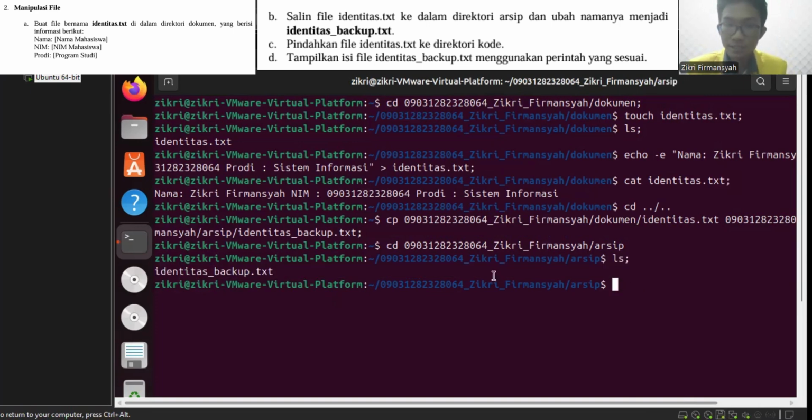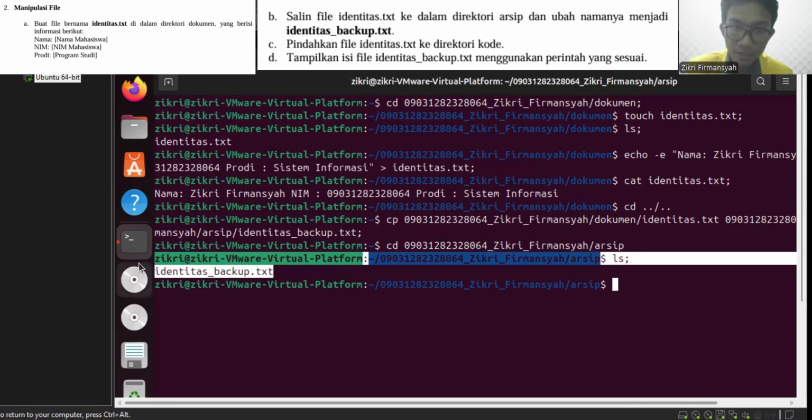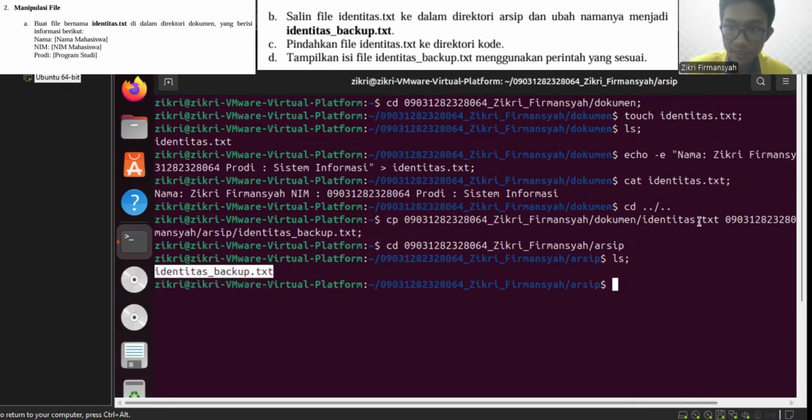To check whether this file is the same as identitas.txt in the document directory, we can use the cat command again to check the content inside the file. Okay.